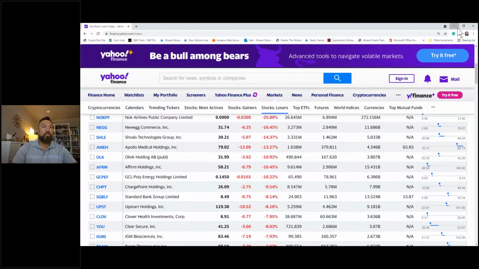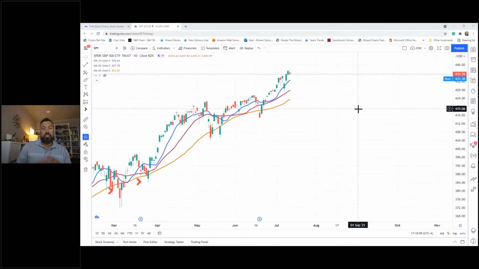Okay, so let's go to the charts here for a second. I'm layering this in. Let's go to the SPY again. I'm just going to stick here, then we'll go to other charts as I build this. We need to add one more layer, the final layer to the charts. So we've got trends: the 10, the 20, the 40 moving average. That's our trend lines. We then talked about the crosses of those trend lines.